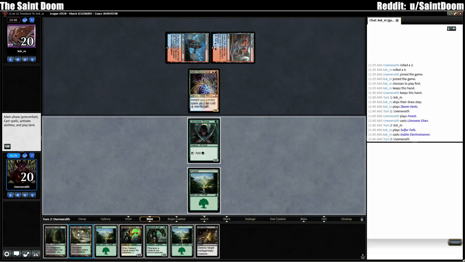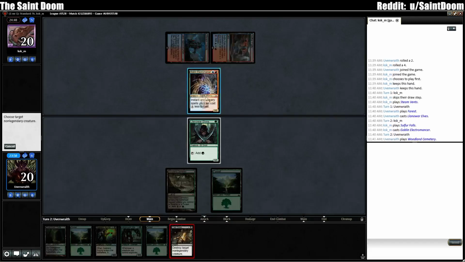No matter what. No, not no matter what. So I can play the Wild Growth Walker, play a tap land, pass. Or I can play Seeker's Squire. I can cast down, kill the Electromancer, which I think I just need to do. I think my line is play the Cemetery, cast down, swing for 1. Next turn, untap with 4 available mana, cast these 2. It slows me down a little bit, but...